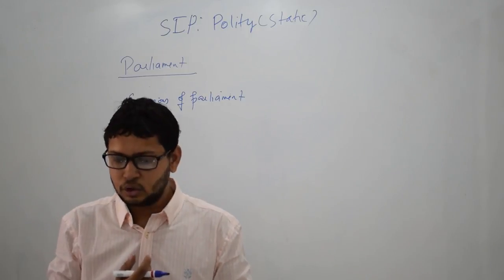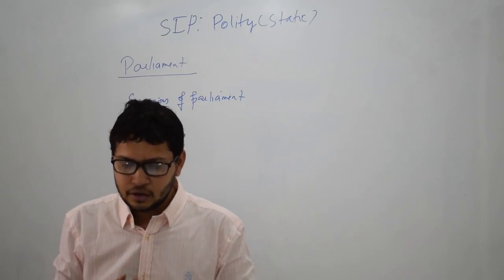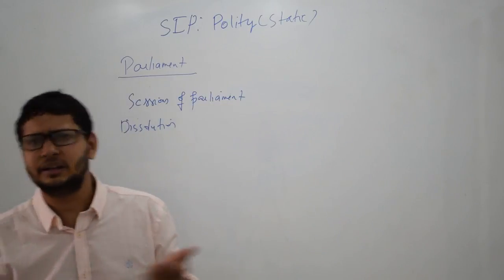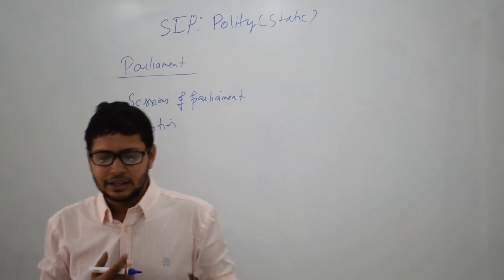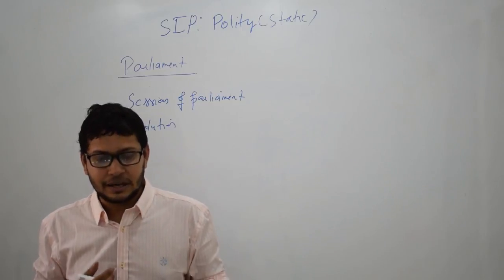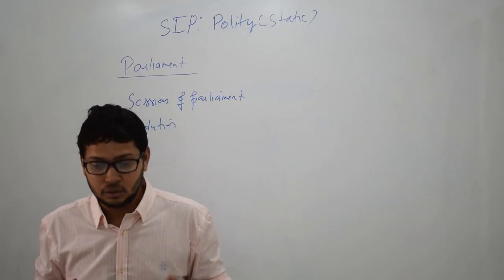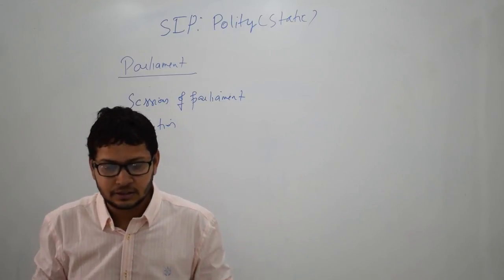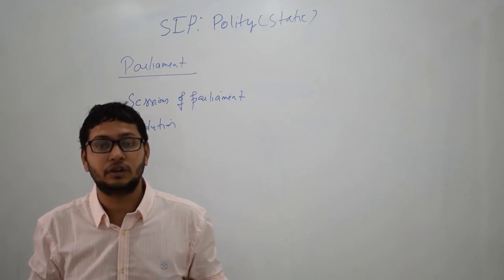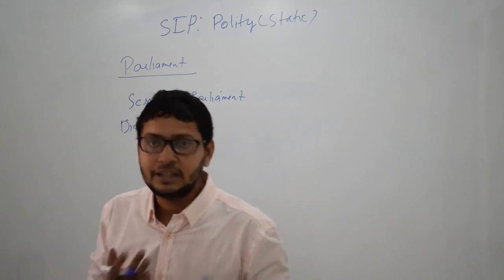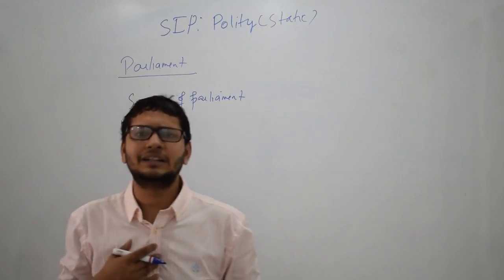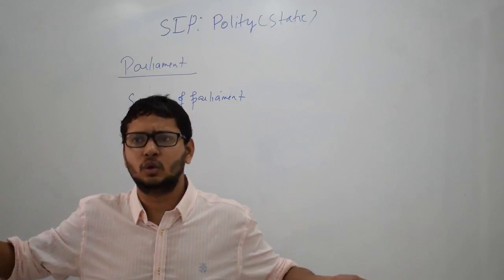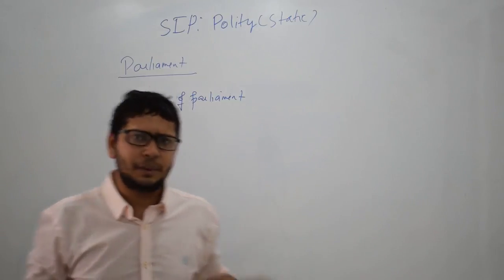So dissolution could take place in two ways. First is automatic dissolution when these 5 years are over and then it's expired, right? Second is when the president decides to dissolve the house, which he is authorized to do once the Lok Sabha is dissolved before the completion of the normal tenure. In this case, generally the government advises him that we have lost majority and there is no one to claim. For example, in